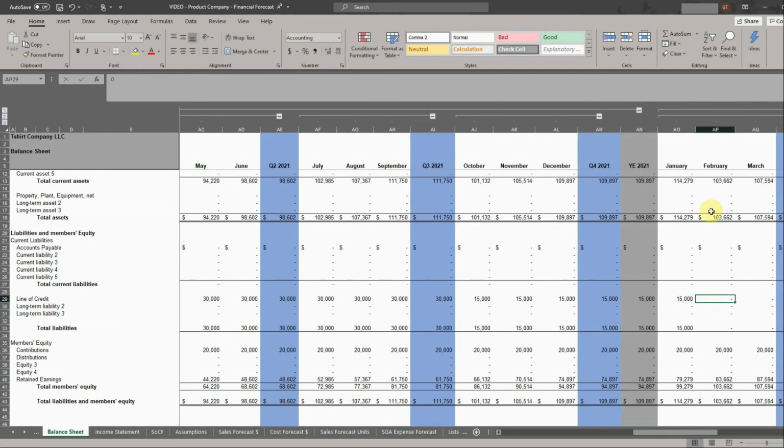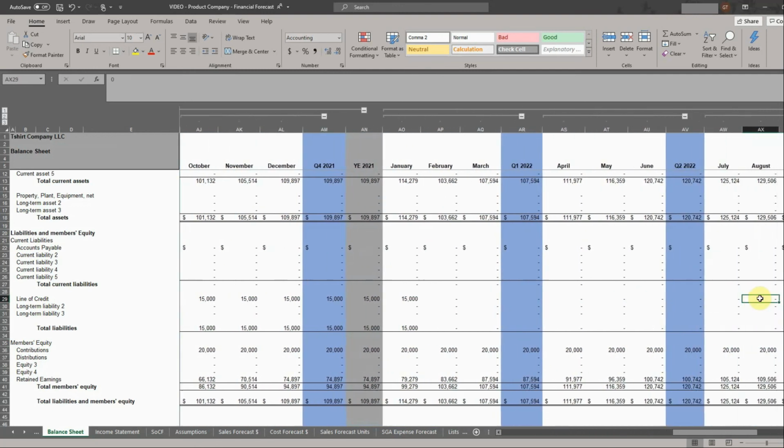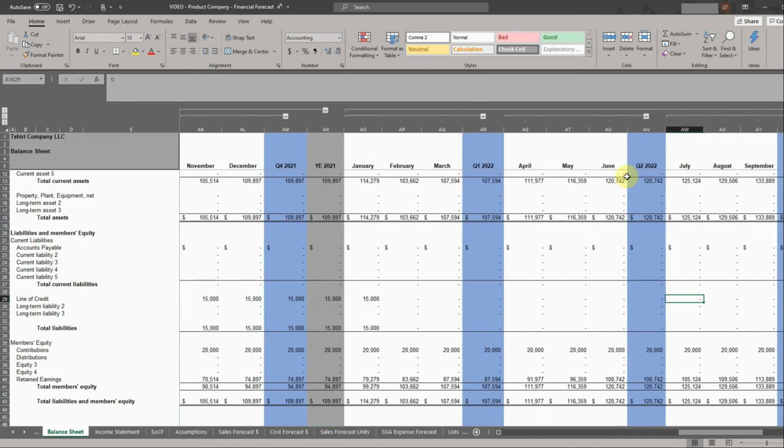All right, so we're getting up there again. Maybe I want to pay off the rest of it, because now I have that $100,000 cash balance. So I just paid off the line of credit, and now my cash is still building up through